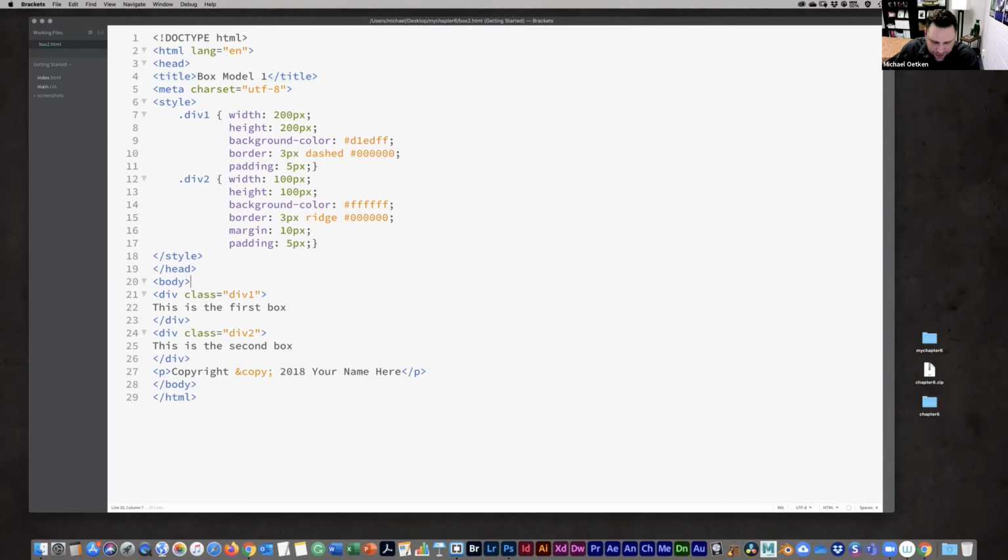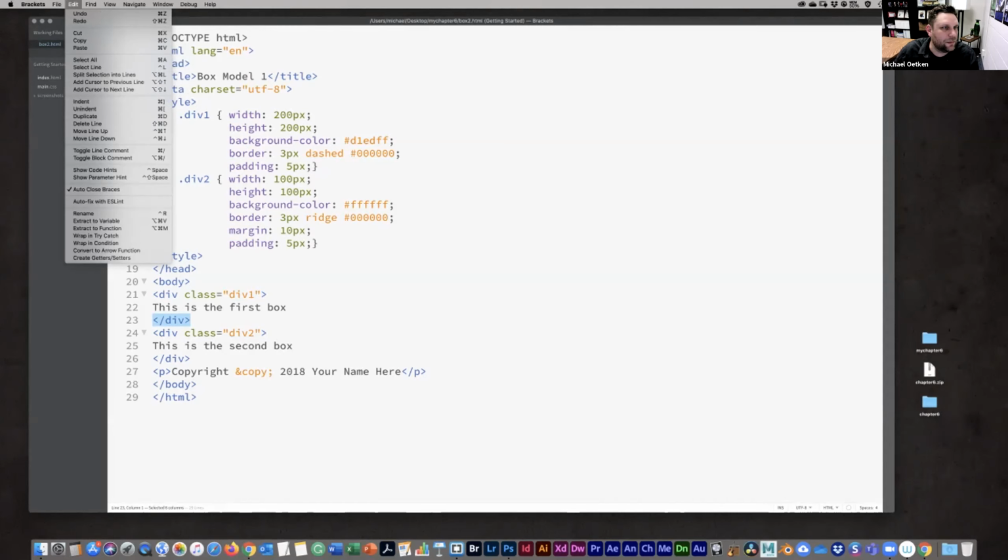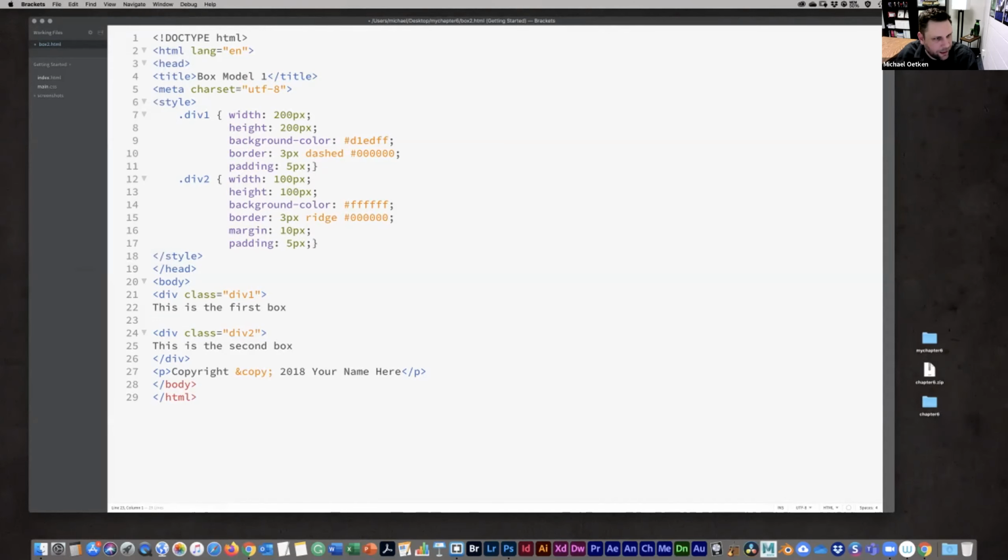What we're going to do is basically move this closing div tag on line 23 for that first one. Okay, we're going to just cut it. So edit, cut, or Command X. And I'm going to move it right down here under the closing div tag for that second div.